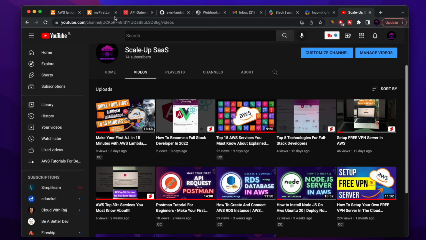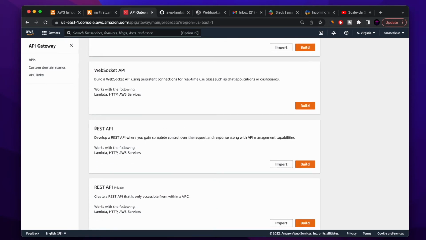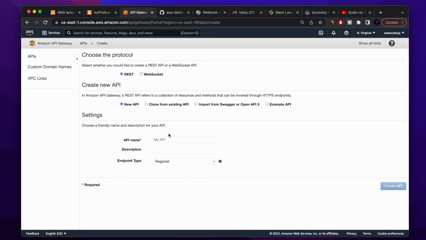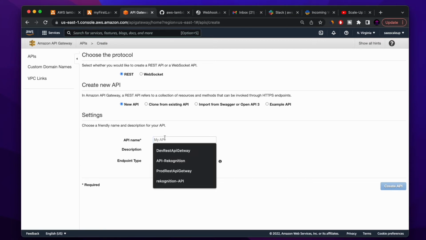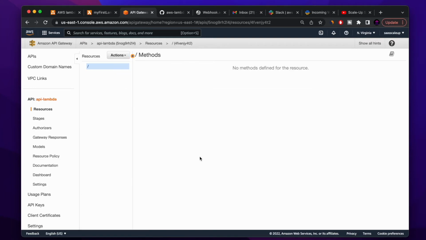I already created something similar before with AWS Rekognition, so you can also check this YouTube video. So the first thing that you want to do, you want to choose the REST API, and then just define the name of the API Gateway, and choose Edge Optimized as the endpoint type, create API,